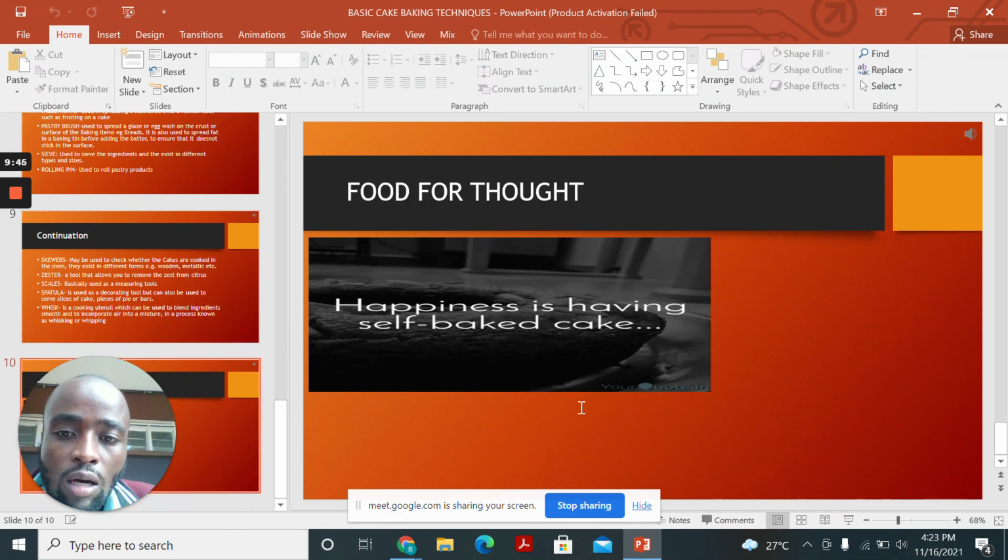Then we have a food for thought there at the end. We basically say that happiness is having a self-baked cake. So anytime that you are able to use the right equipment and ensure that your cake is good, it gives pleasure. So when we meet in our next class, we shall be looking at some of the other large equipment that we use in cake